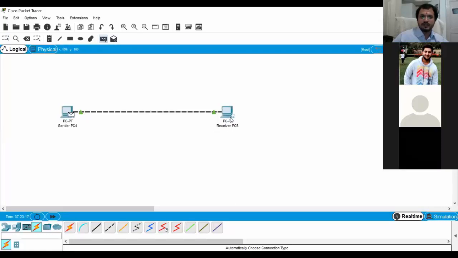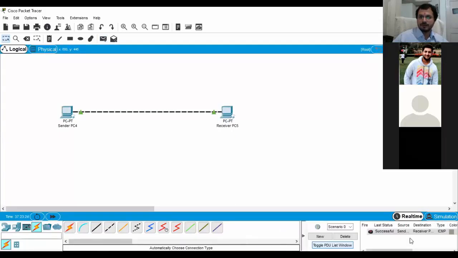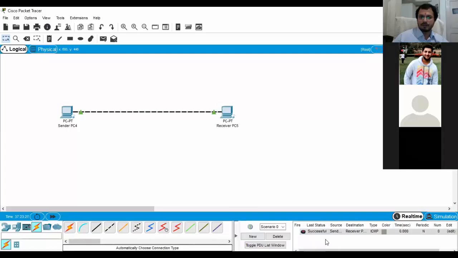Now if I want to communicate, you can see there is a successful communication. There is a successful communication over here. You can easily check in the bottom that the packet from PC4 is successfully received by PC5. Yes, again we can do that.